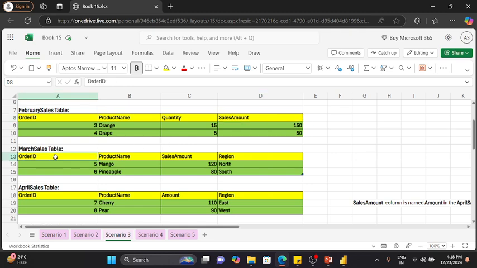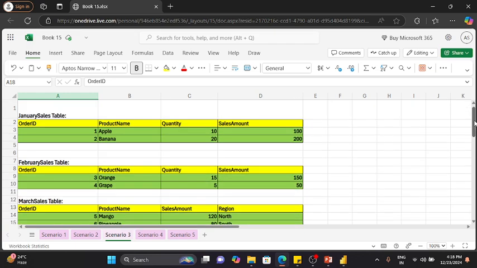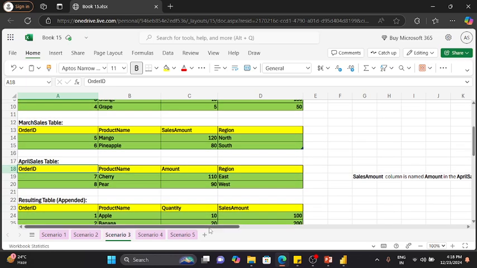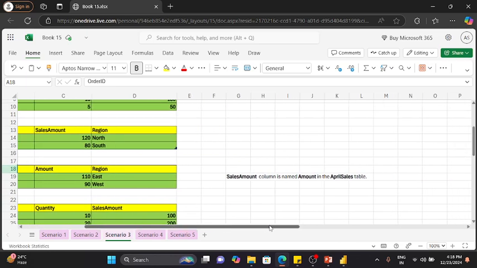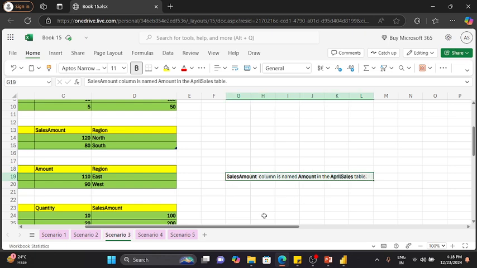And we have a March sales table and we are going to utilize the April sales table. Okay. Now, what is the difference here? If you scroll towards right, the amount column is named amount in the April sales table. You see,